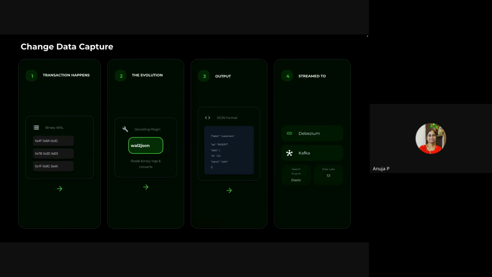When a transaction happens, through the decoding plugin, say wal2json, or another example of a decoding plugin, pgoutput, it will read the binary logs and convert them into JSON format. And this is streamed to any non-Postgres system such as Kafka or Elasticsearch or even data lakes. And yeah, that's it. After this, the major change came into action, which is logical replication.